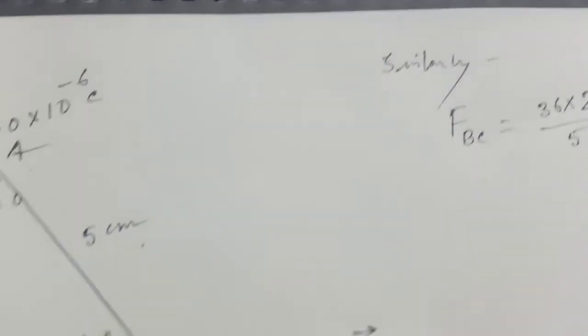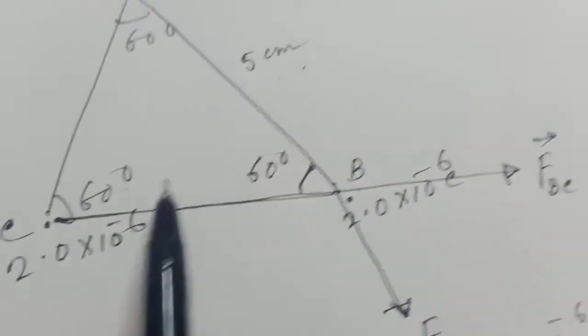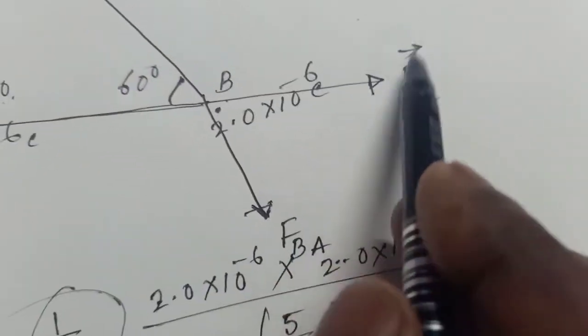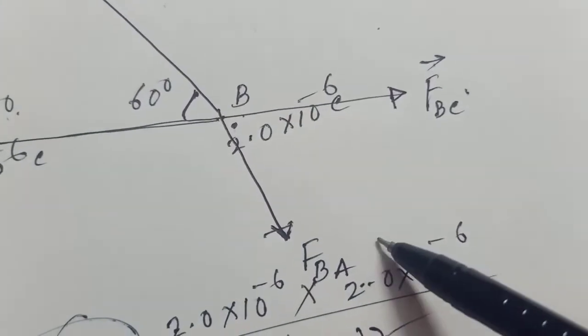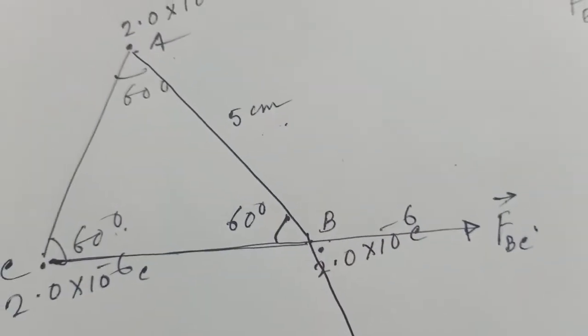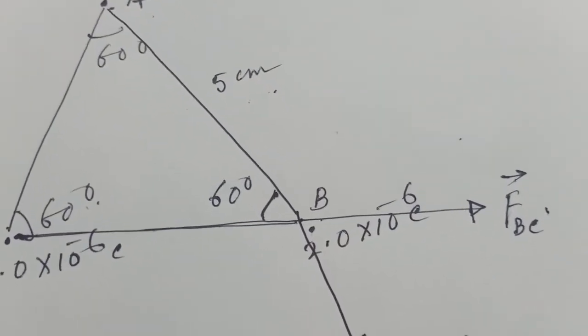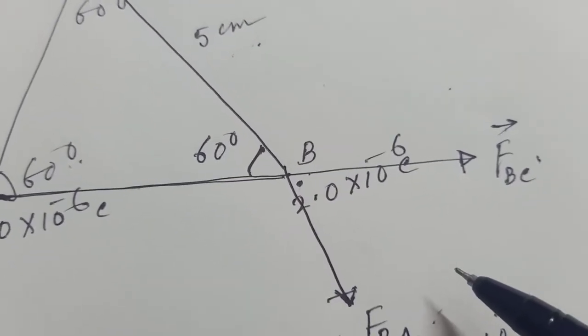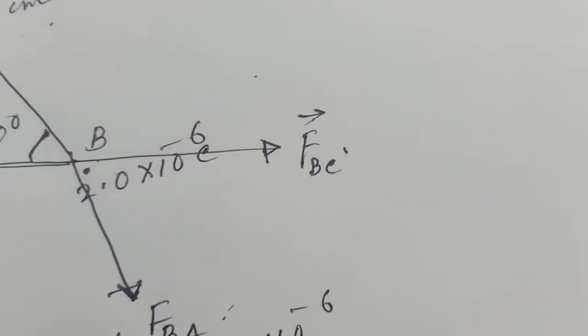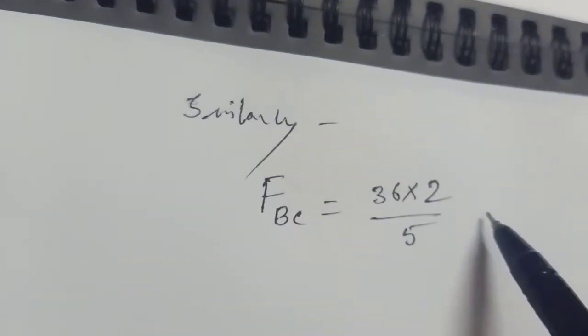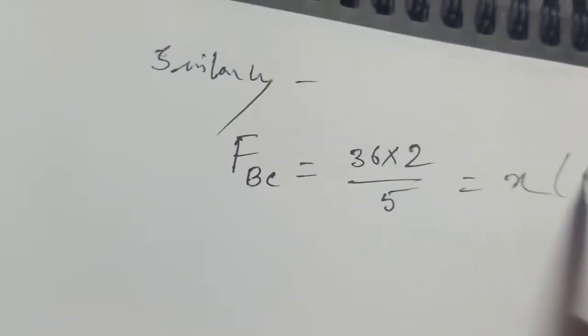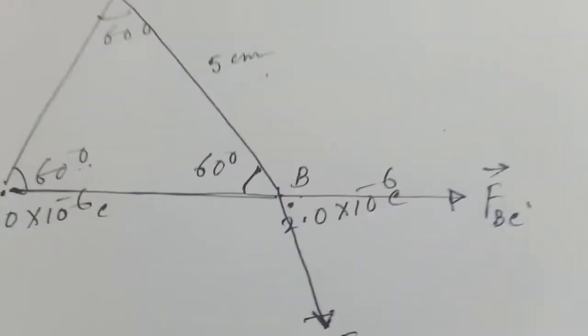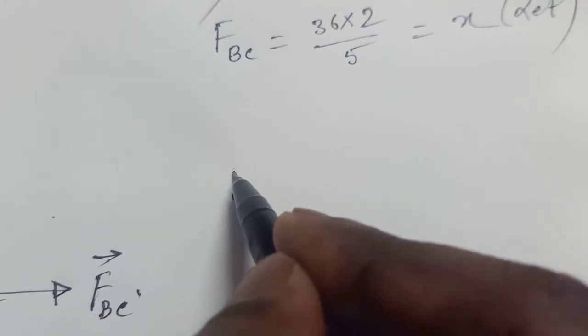Because the charges and the distance are equal. So if we take this force as x, then the resultant force F equals